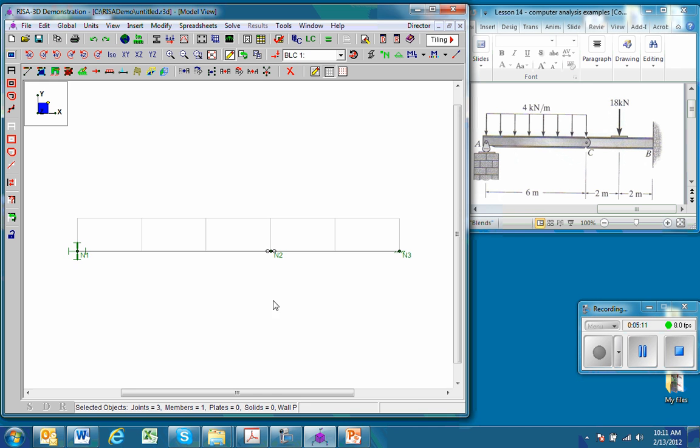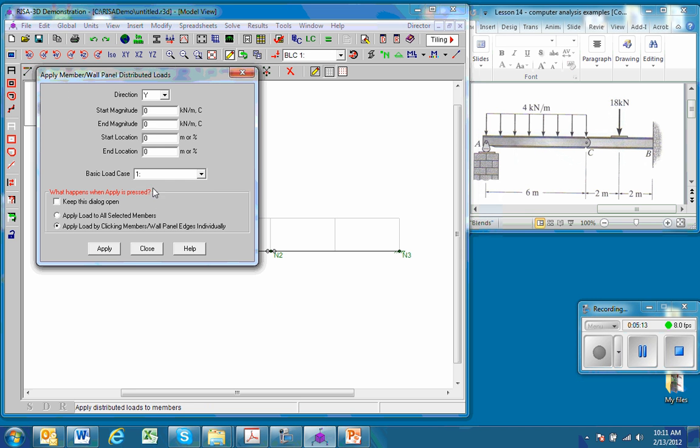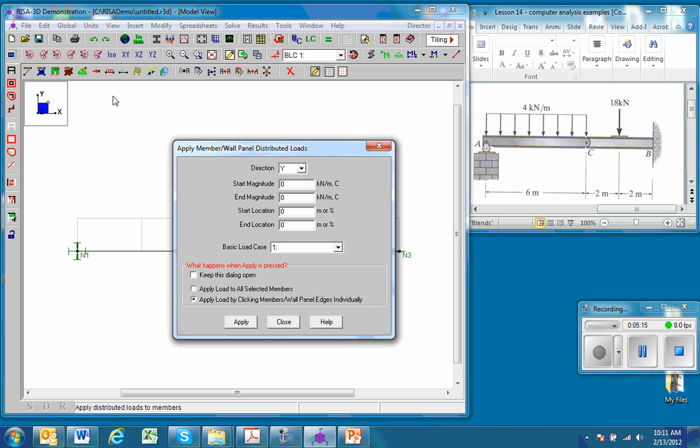Now we have to apply the load. So we go to distribute load. Notice we have three different ways of applying load. We can apply loads to joints, we can apply distributed loads to members, and we can apply loads or moments to members. In this case, we're going to apply a distributed load of 4 kilonewtons per meter to member AC. So we do that by